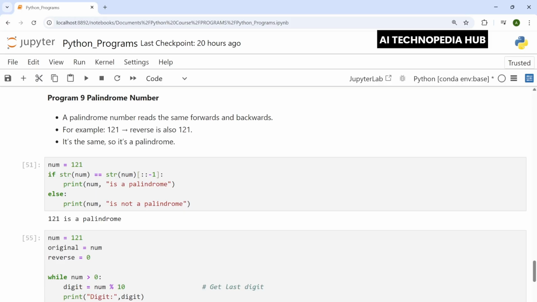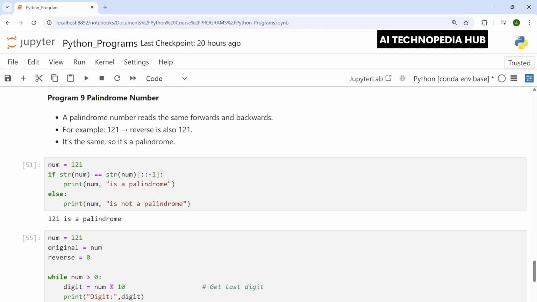Now let's take number is equal to 121 in the num variable. Here we are using the slicing technique: first we convert the number to string, and then we reverse it using backward slicing like we have studied earlier, and then we compare the original number with the reversed number.